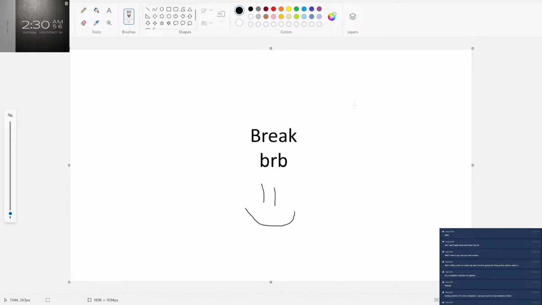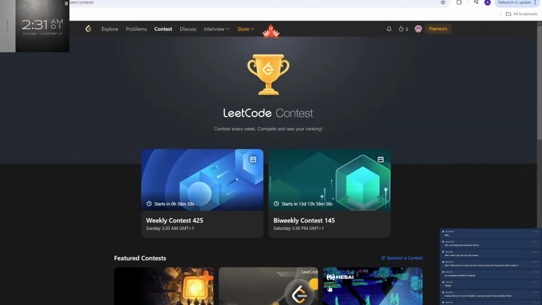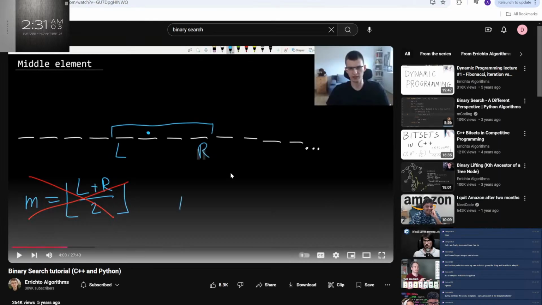If you add two such values, the sum will overflow, and you will have some mistake because of that. You will not compute the average correctly. There is another formula that always works, and it is m is equal to L plus the